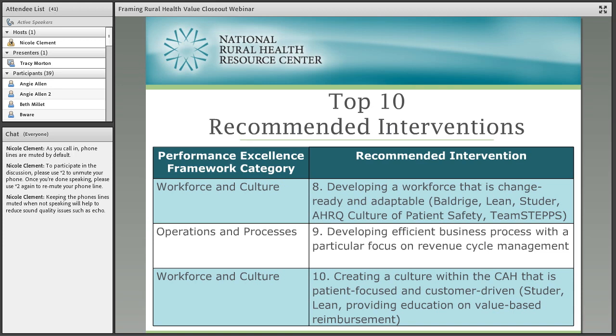So that's one of the reasons we ended up focusing on revenue cycle for one of the things that we were doing. And then what would happen, as part of our process, is that the hospitals that were successful at the quarterly meetings, we'd have them present: what is it that you do? What did you do to get your revenue cycle down? What are the meetings that you set up?